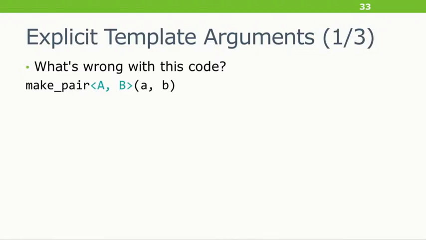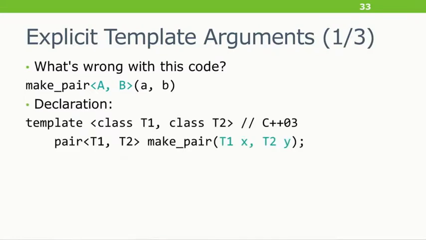Only a few hands. OK, so I would expect the hand count would go down during the talk. Excellent. Getting into new territory. The problem with this is that it does work in C++03. In C++03, this is the make_pair signature, so you can pass A and B there, and as long as you're correct about the types, everything's cool.